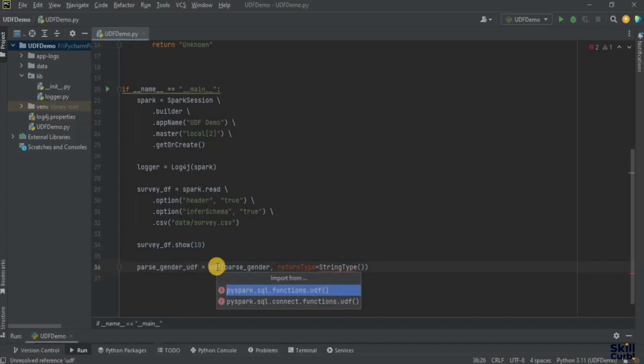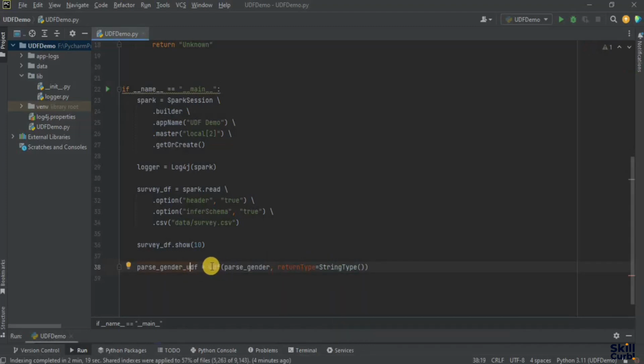We need to register our user defined functions. So I am using UDF to register my function. And inside the UDF function, I am passing the name of my user defined function as the first parameter. And as a second parameter, I am passing the return type of my function, which is string. So collectively, this UDF function is going to register my function and it is going to store it into a